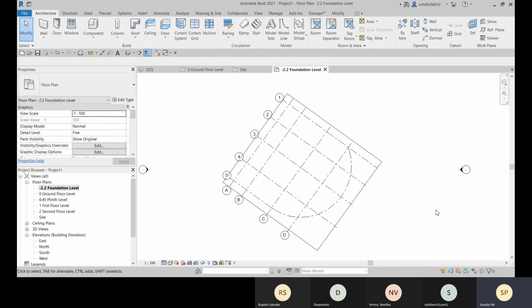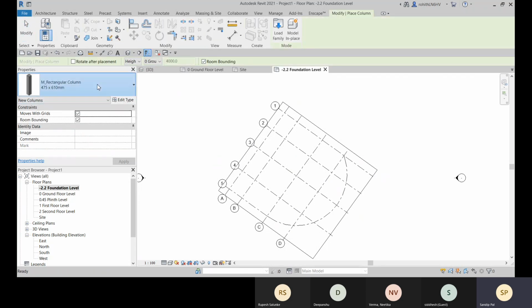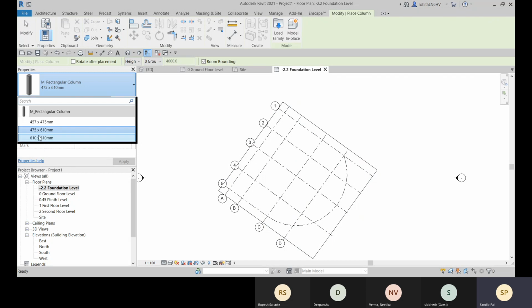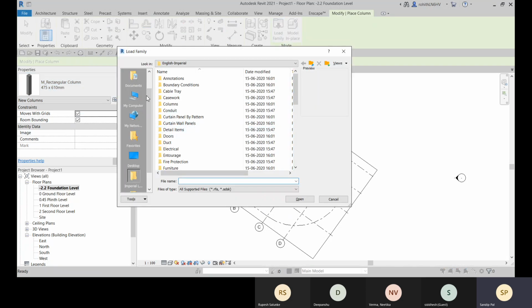Now we can start placing our components. We can place some columns. Here we have some architectural columns. You can choose the right column size, and if it is not available, you can go for the load family option to load some families.